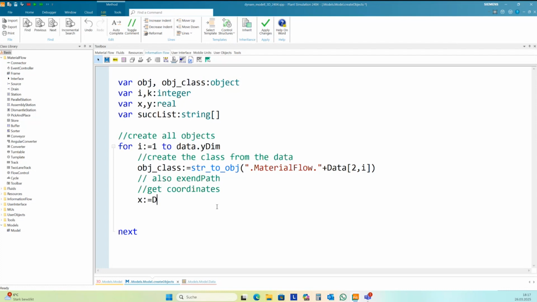We find x in data in the fourth column of data, and the y coordinate we find in data in the fifth column. And the name is already string, so I can use the name of the objects directly, and so I can create the object.